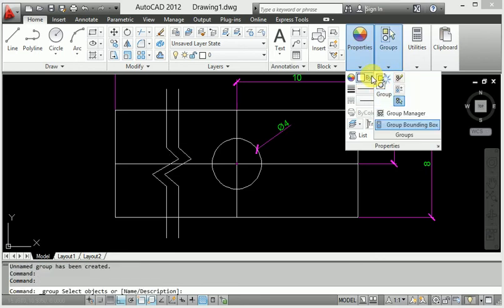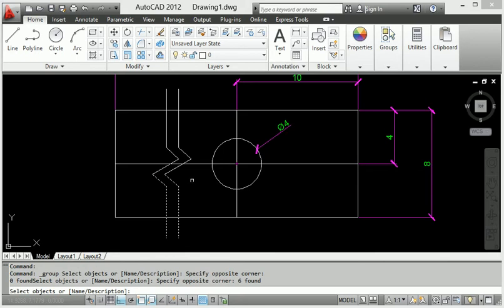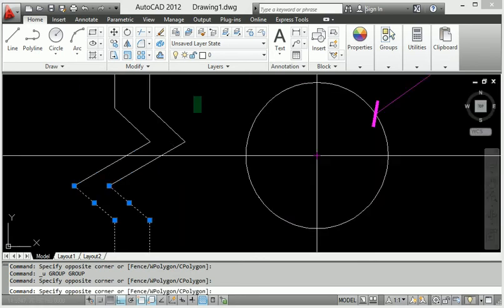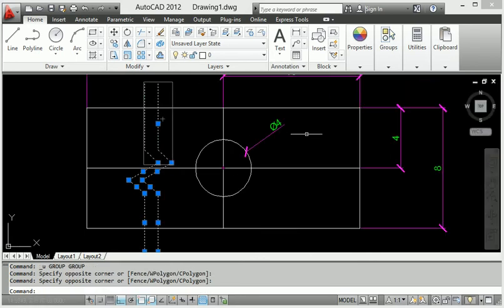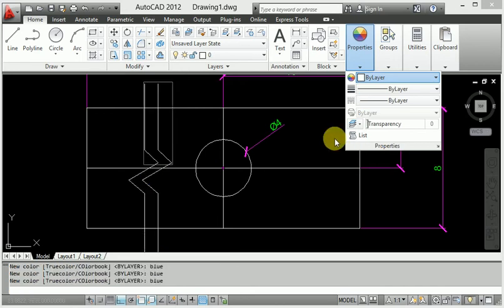So when you go to color and apply the bilayer, select the line, select the line also, and again select this line, and I will go to color and apply the bilayer. Here the bilayer, and we will provide the color.